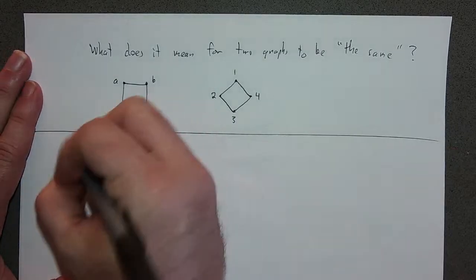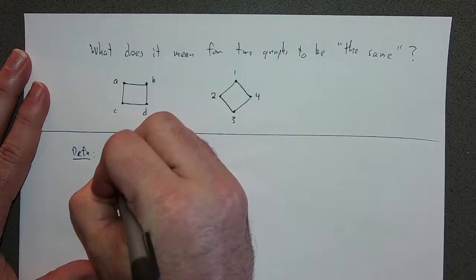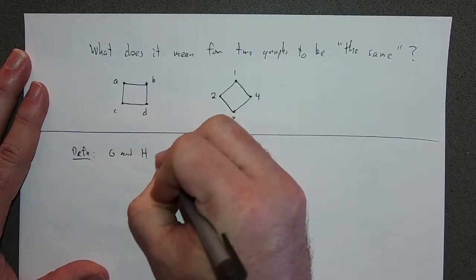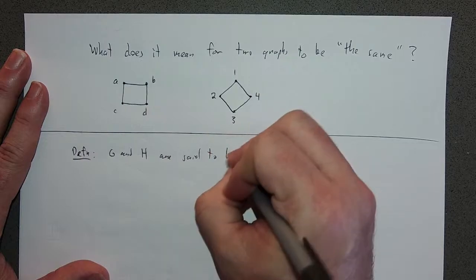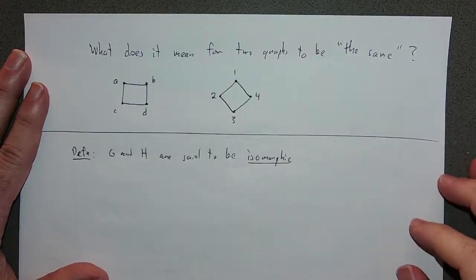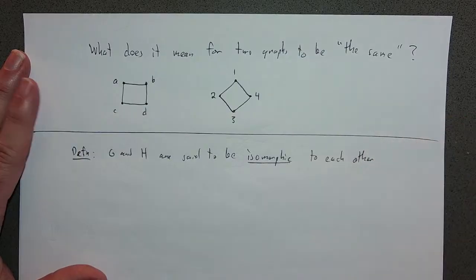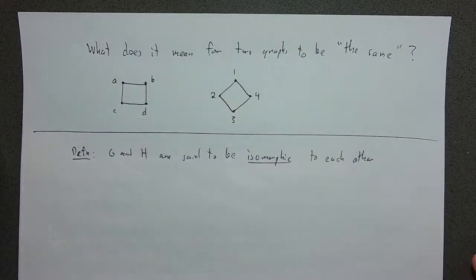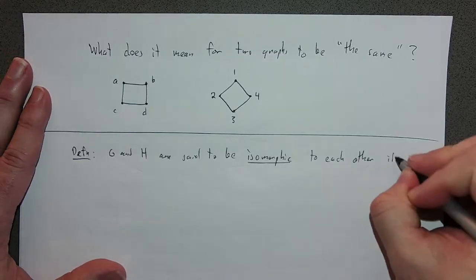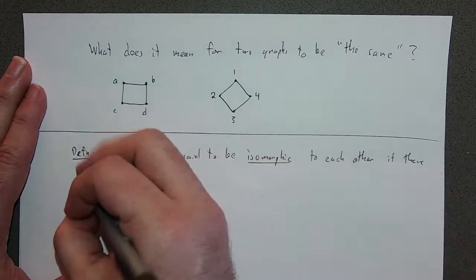So what is the definition? G and H are said to be isomorphic to one another, or to each other. As we'll see, this goes in both directions. If G is isomorphic to H, H is isomorphic to G, because it's a one-to-one correspondence, it's invertible, all those things. So G and H are said to be isomorphic to each other if, or mostly we would just say that they're isomorphic, if there is a one-to-one correspondence,